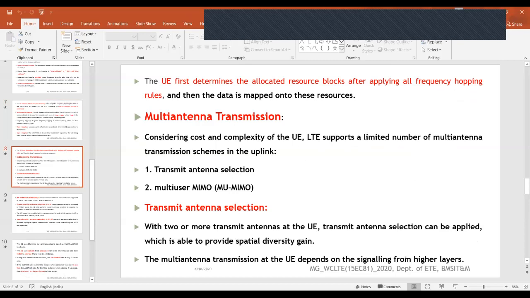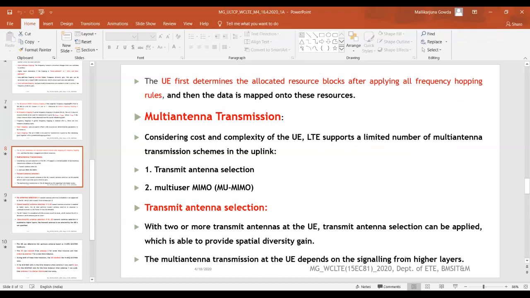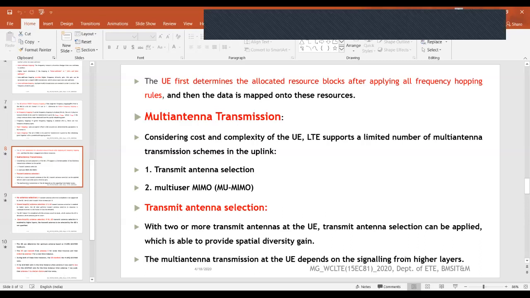Then, as I said, the user equipment first determines the allocated resource blocks after applying all these frequency hopping rules, and then the data is mapped onto these resources. So this is all about frequency hopping supported by LTE in the uplink. If we have any questions about this frequency hopping, you can ask me.